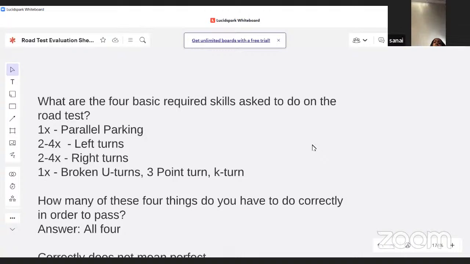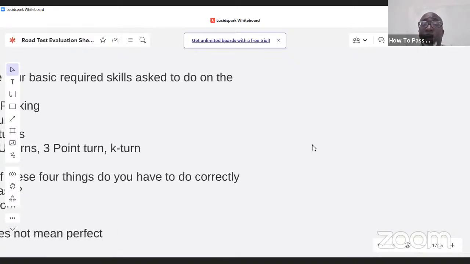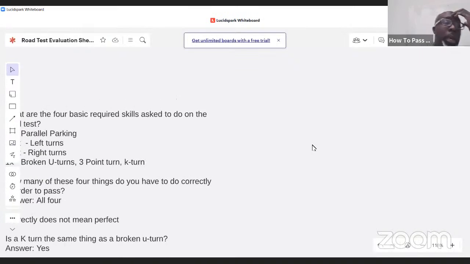Right. Probably. It might show the examiners that you might need more practice. What about failure to signal? Failure to signal is not normally an automatic fail on a road test. Where it could be an automatic fail, where I have seen it be an automatic fail, is if you're taking a road test and you are going around